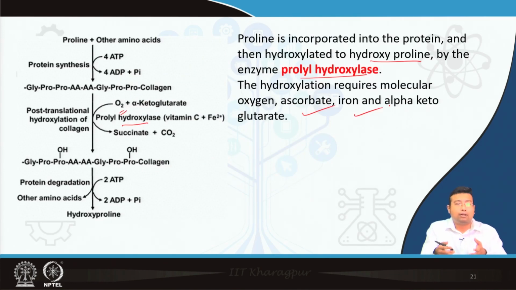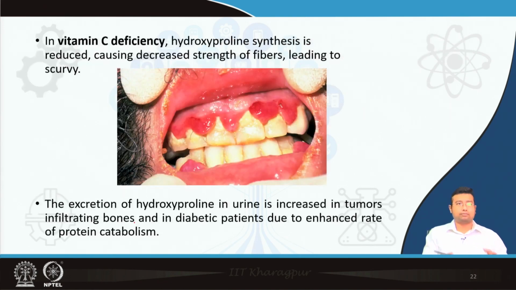And if there is excess degradation of this compound, it will again lead to production of hydroxyproline. So, hydroxyproline can actually be isolated from these proteins, right, but proline needs to be incorporated first and then it needs to be hydroxylated while it is inside the peptide chain, all right. A single proline generally is not hydroxylated by prolyl hydroxylase. Prolyl hydroxylase acts on the long peptide chain. Since we read that this enzyme needs vitamin C to perform, right, and we also discussed that